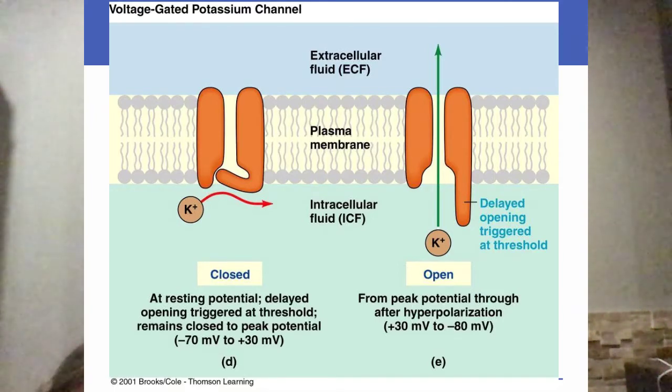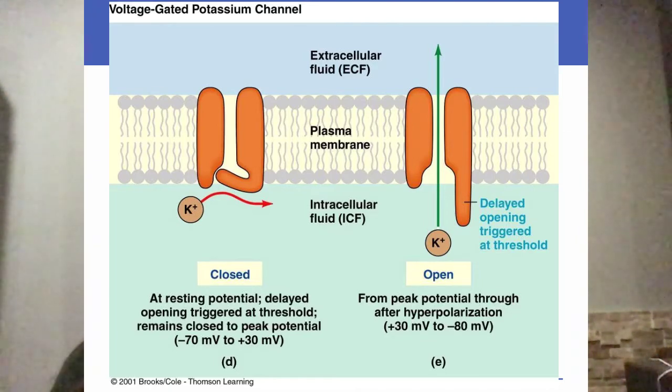It gets stimulated to open at threshold at negative 50, but it's so slow to open that it doesn't finally open until the action potential peaks at that positive 30. Again, it's about timing. It's not about the fact that it reached positive 30. It's just the timing. That's where this one happens to open. When it opens, the graph will start to fall again and will repolarize, because when this opens, remember that